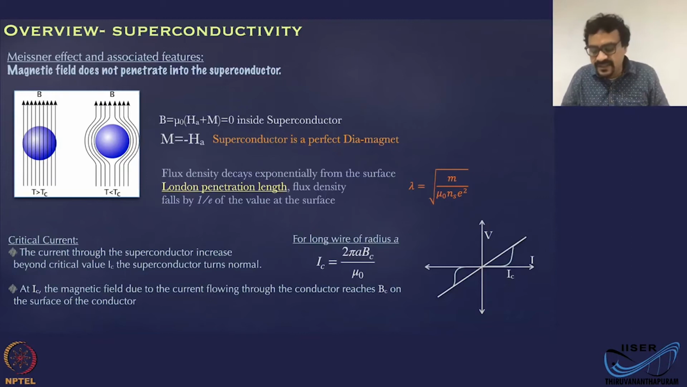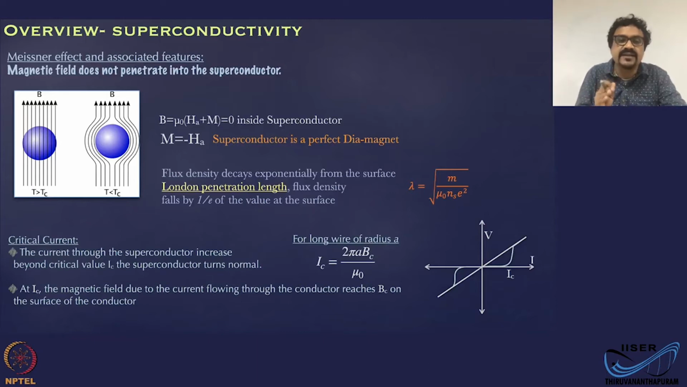Now, there is an associated phenomenon that is called critical current. So critical current is the maximum current that you can pass through a superconductor before it relaxes to the normal state. So at the critical current, the superconductor turns normal. This is also another form of the Meissner effect or field penetration,